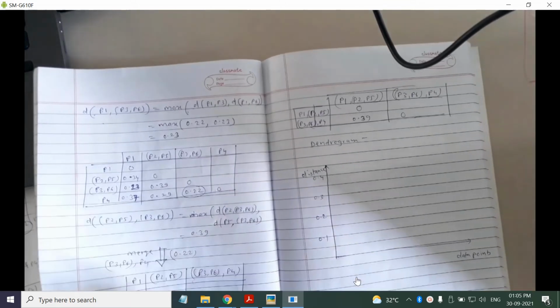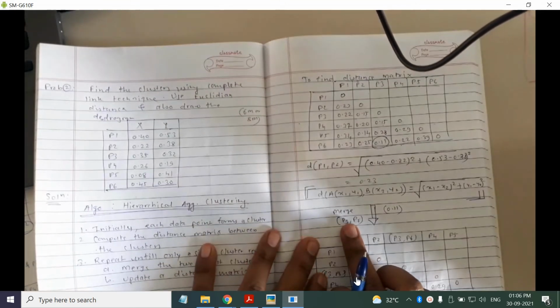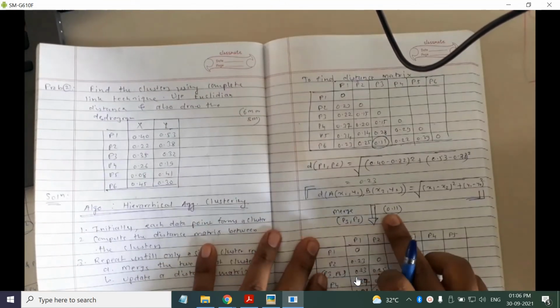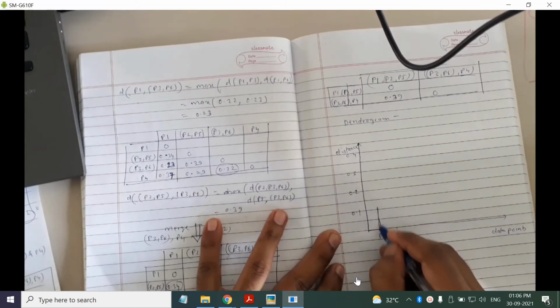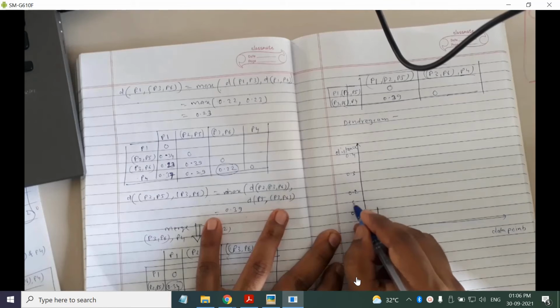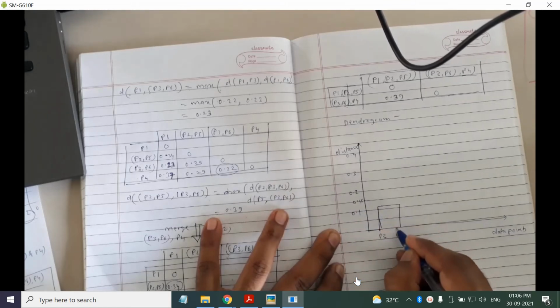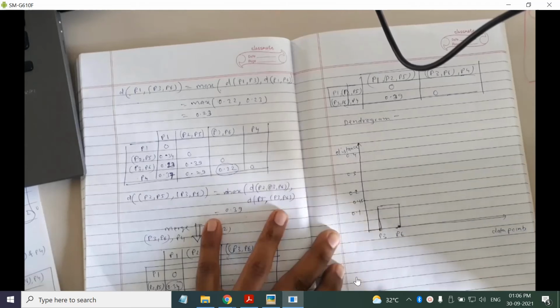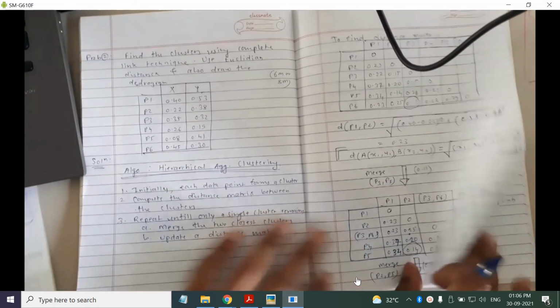to P6। फर्स्ट मर्जिंग अपनी हुई थी, ओके, दिस इज द फर्स्ट मर्ज, P3 P6 merged at 0.11, okay, P3 P6, okay, so this is my P3, this is my P6, it is merged, ये मेरा 0.11 है। सेकेंड मर्ज हुआ था P2 P5, है ना, P2 P5 एट अ डिस्टेंस ऑफ 0.14,